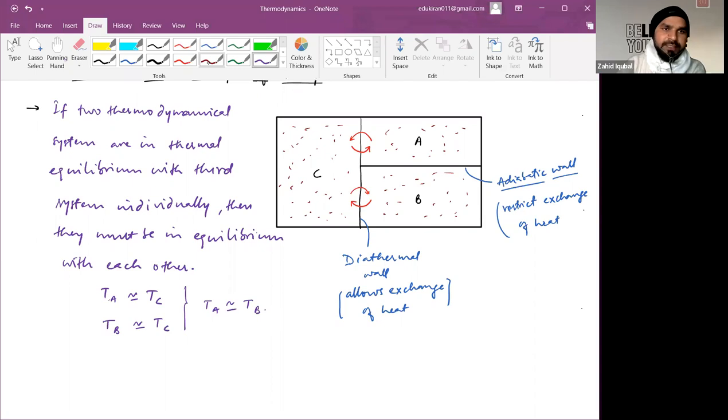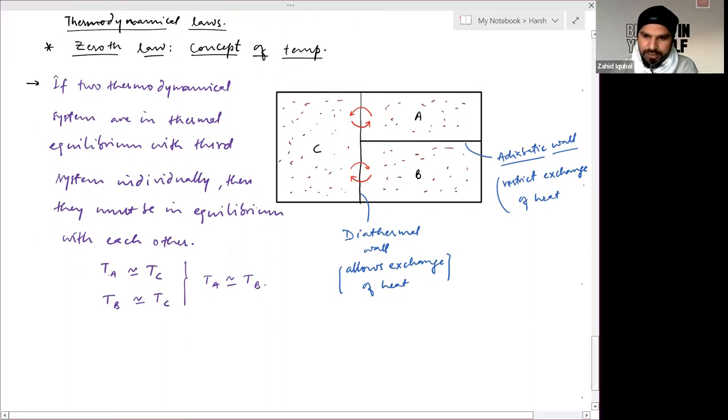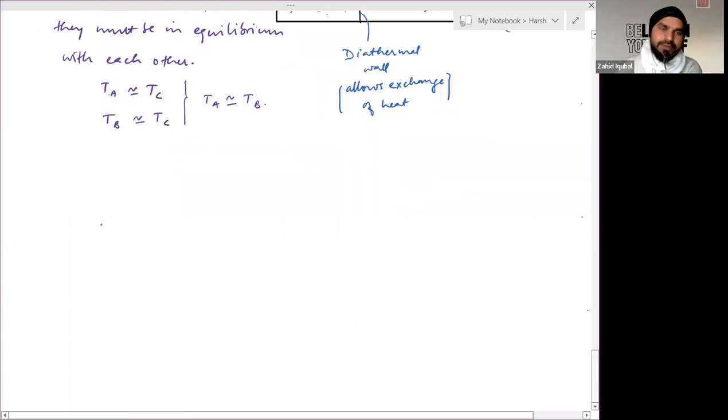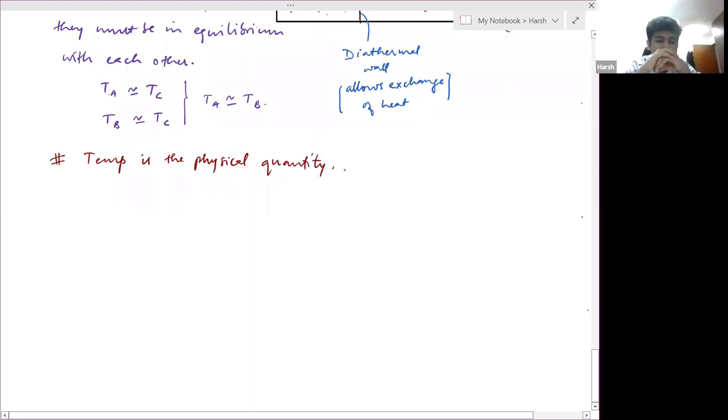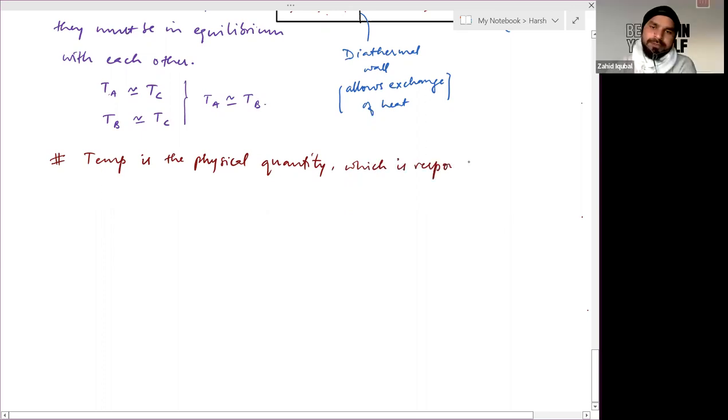In this part, we may define temperature as the physical quantity responsible for the exchange of heat between any two systems. Temperature is the physical quantity which is responsible for exchange of heat between